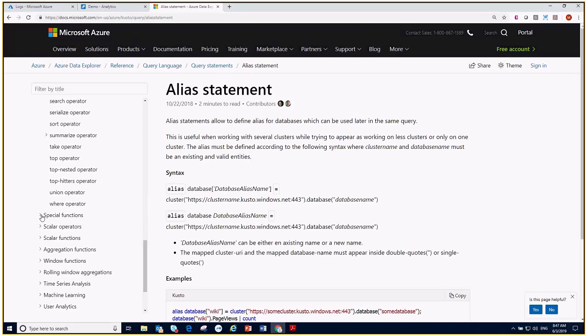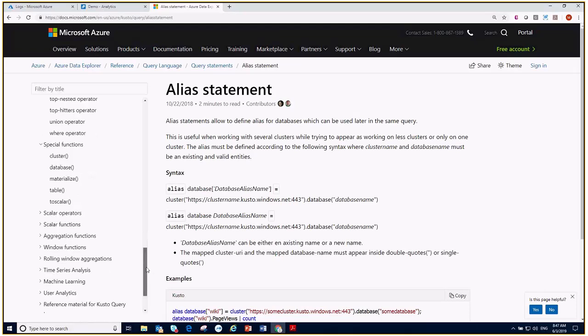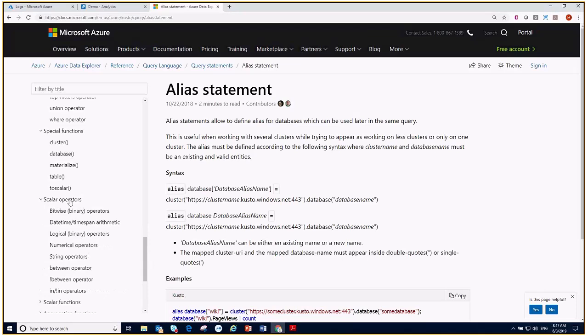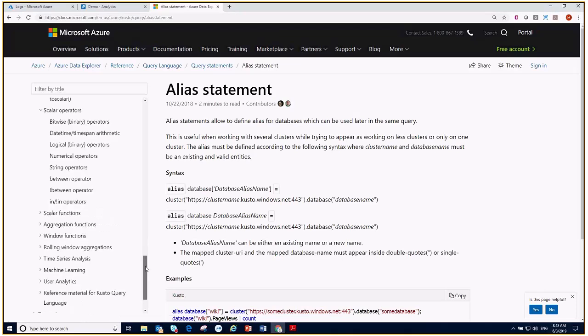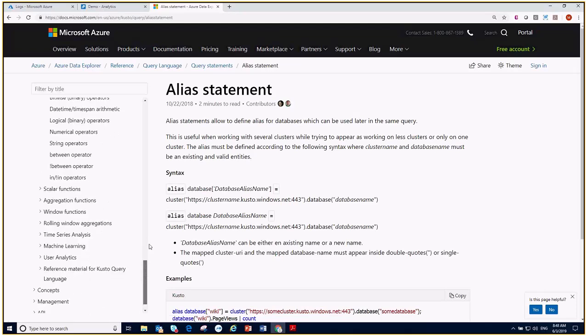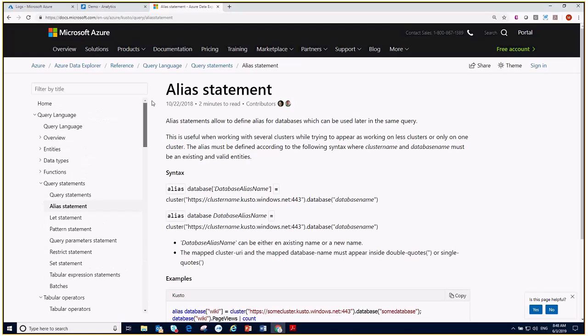We also have special functions. We have the cluster function, database function, materialize function, and table to scalar. We also have all the scalar operators: bitwise, date and time, logical, numerical operators, string operators, between operators, and not between operators. So you can see we have all kinds of different